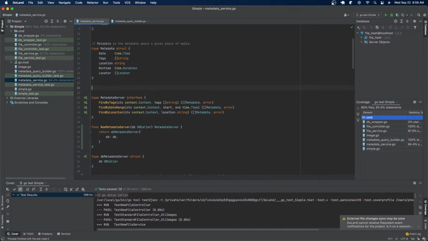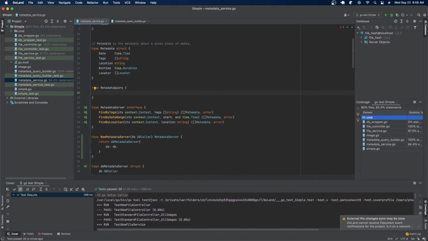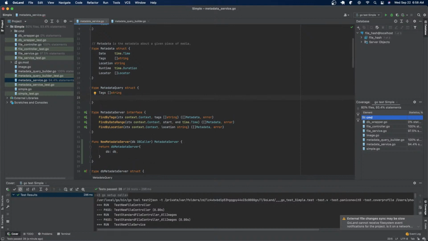So let's create a metadata query, and this is a struct. And in this struct we'll have tags, and this will be a string slice. I want to do a date range. Start date and end